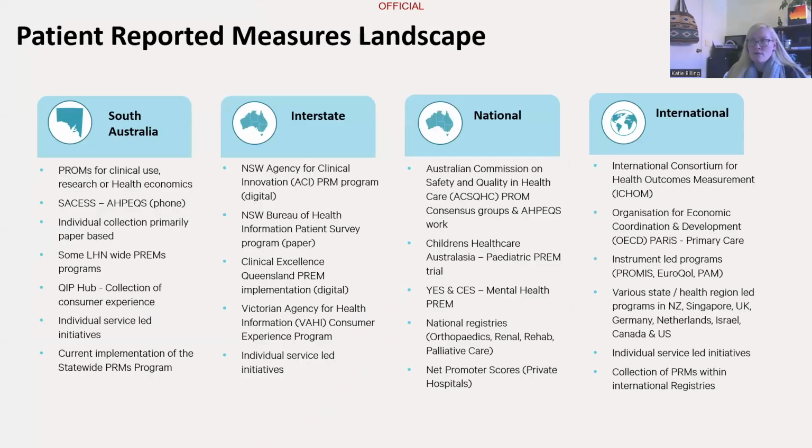Just an overview briefly then of patient-reported measures across the landscape. At the moment in South Australia, the team at the CEIH have conducted a reasonably significant environmental scan over the last couple of years to really understand how patient-reported measures are being used. Absolutely, we see patient-reported outcome measures used in clinical practice, and we see it used for research and